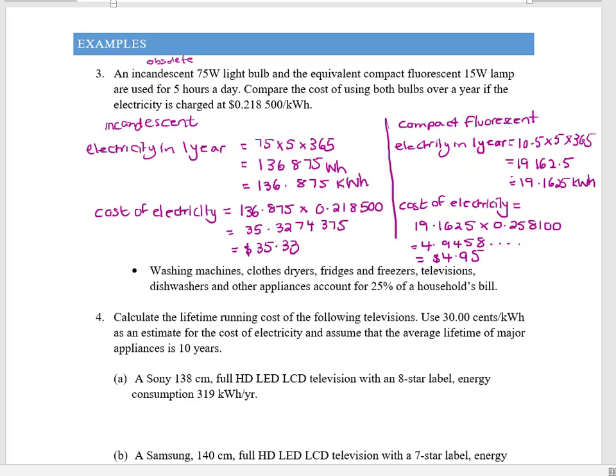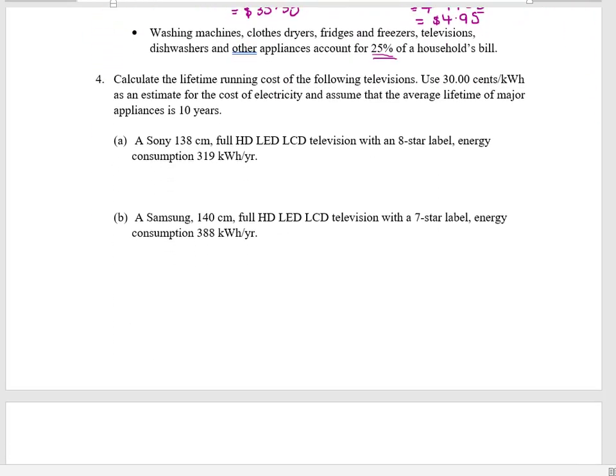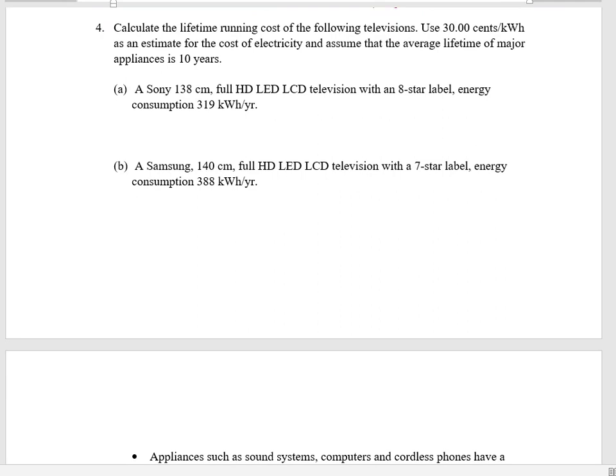I've also put down a point here that says washing machines, clothes dryers, fridges and freezers, televisions and dishwashers and other appliances account for 25% of household bills. So looking now at example 4, it says calculate the lifetime running cost of the following televisions using 30 cents per kilowatt hour as an estimate for the cost of electricity, and assume that the average lifetime of major appliances is 10 years. So if I look at my Sony TV, if I'm going to look at my lifetime running cost,